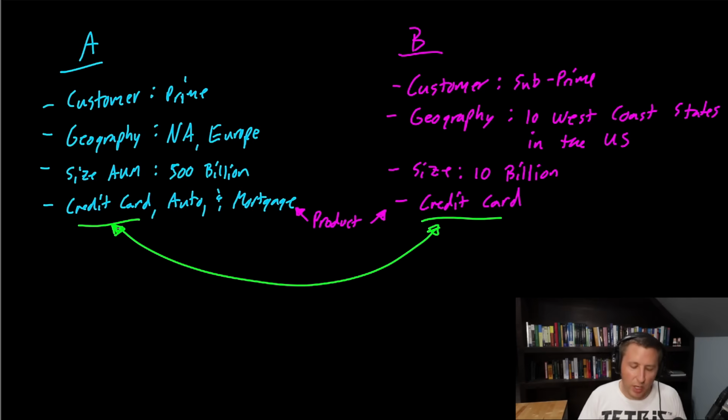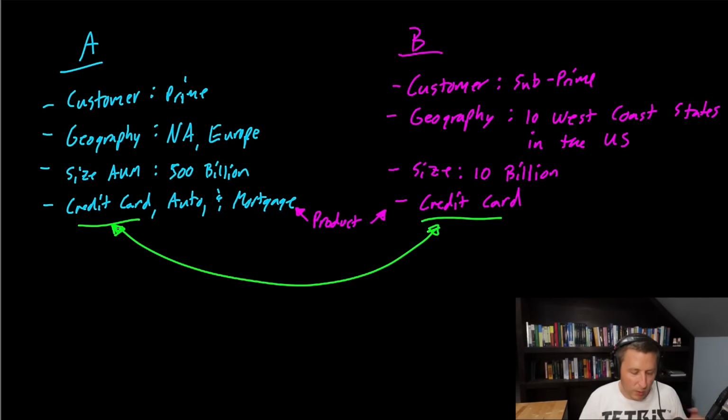And if you look at the geography of these two, one is predominantly in the United States, with Bank B being on the West Coast. You're going to have some sort of market spending habits, design. There's a whole slew of filters that go through this. And the size of Bank B is only $10 billion. Now, going back to A, in North America and Europe, you have different regulatory requirements, different data sets, different data collections.